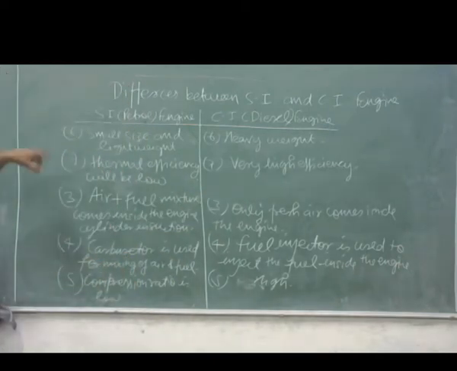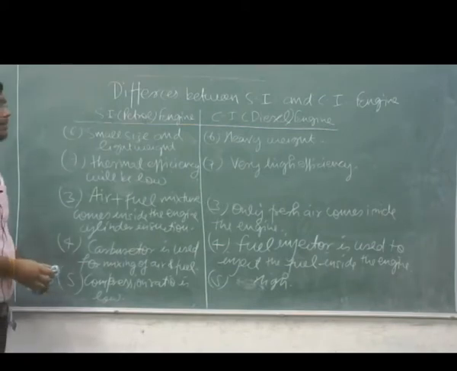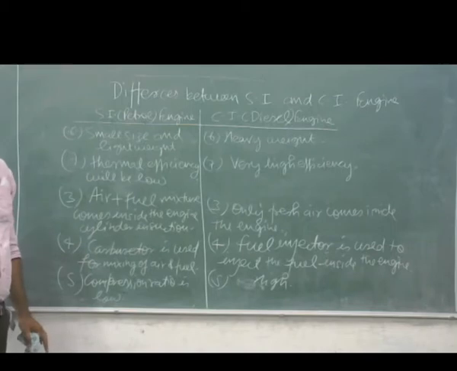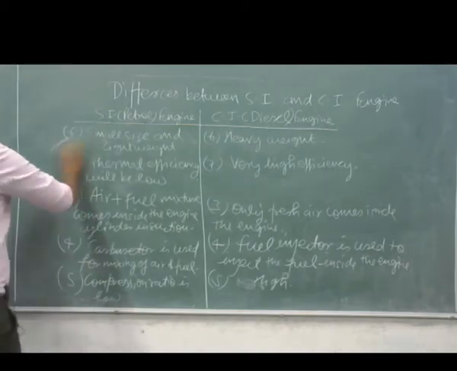So these are the points for the difference between SI and CI engine. You need to write only 4 or 5 points in the examination. So our next topic is